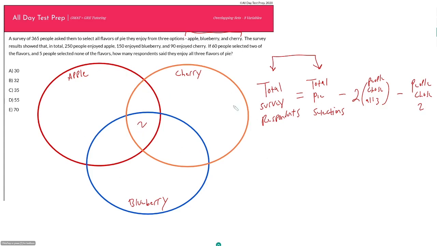rings. Now, how many times did we want to count this middle sector here? We still want to count it once. Therefore, how many times do we have to take it out when we're trying to find our total survey respondents? Well, if we want to count it once and we counted it 3 times, we got to take it out